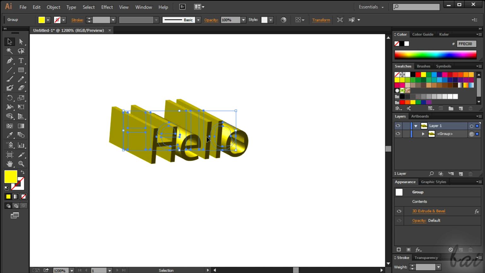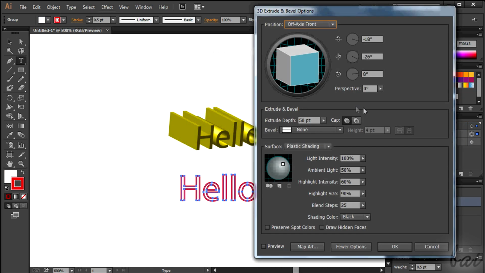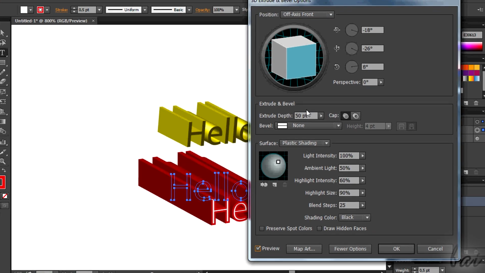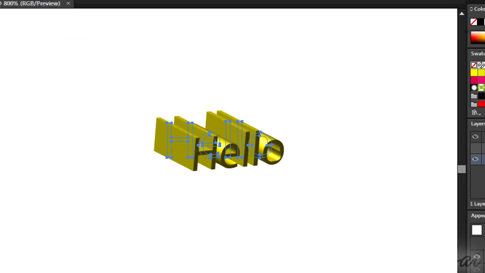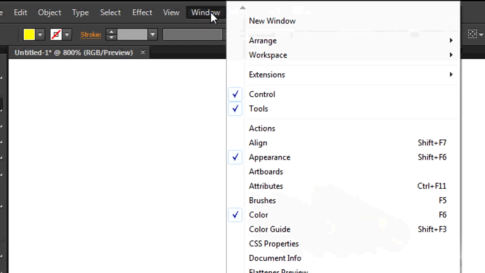You will notice the difference between the fill and the stroke colors. The fill color is placed always internally, but if there is stroke too, it's the stroke color that defines the extrusion color. In case you want to edit your 3D text again, open the Appearance window, go into Window and